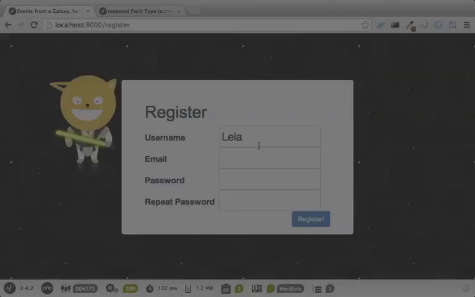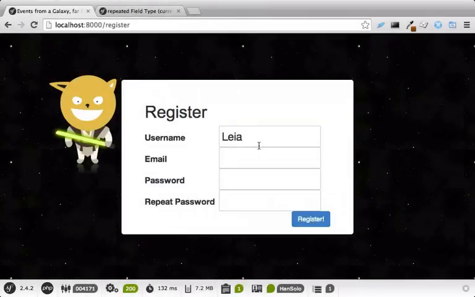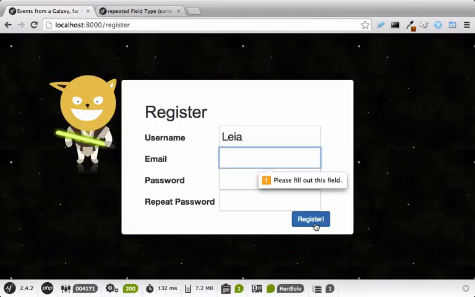Let's add some validation. What if I don't enter a valid email address, or I choose a username that's already taken? Right now, the form would submit just fine, which is lame. Try to submit a blank form right now. Whoa, we do have some validation. In fact, if I enter an invalid email address, we see another error.